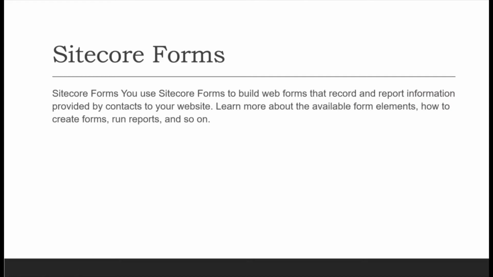Using Sitecore Forms, we can design a form like a record form or report. There are a lot of built-in controls available in Sitecore Forms itself, so with simple drag and drop you can easily design a very good form or report. The main advantage is that it will minimize the development work required for creating a page. Instead of creating a very large page, you can create a form and use it in your pages.